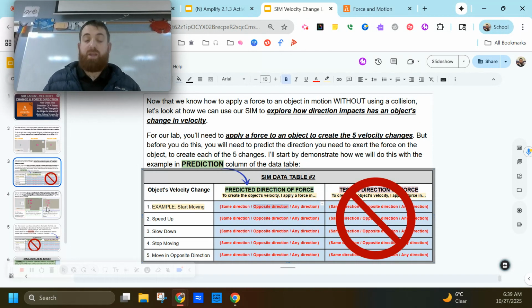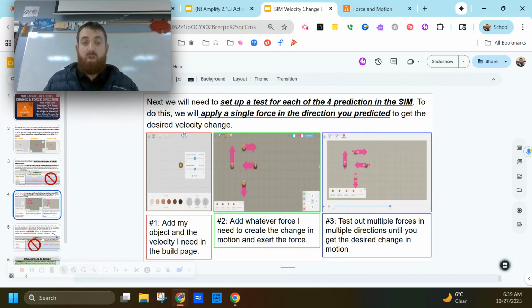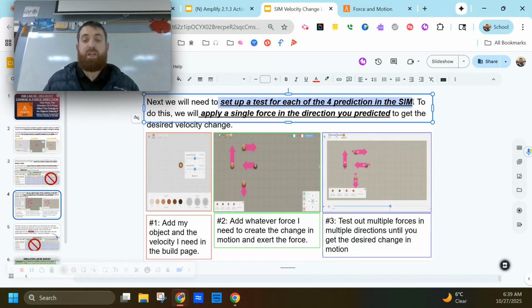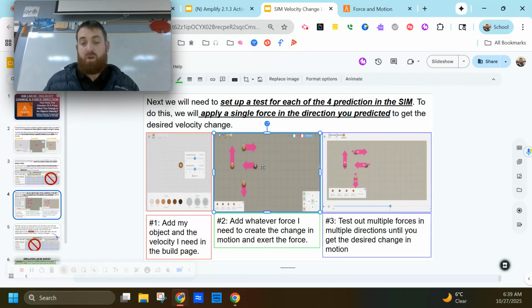I'm then going to go into my sim and I'm going to set up a test for each of the five predictions. Now, the example I'm going to show you here, I'm going to dive in so you know how to do the other four. So to do this, I'm going to apply a single force in the direction that I predicted to get the desired velocity. So I'm going to add my object. I'm going to apply whatever force I need and test to see if it came true. For example,